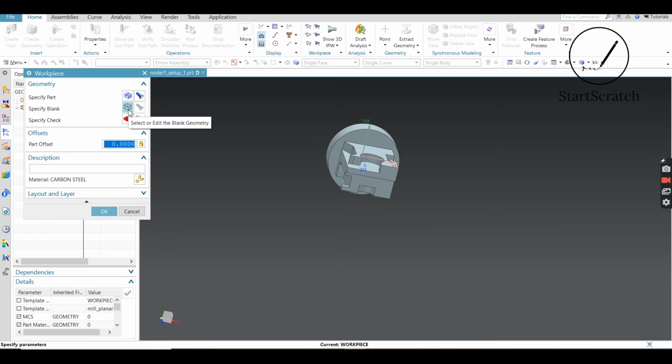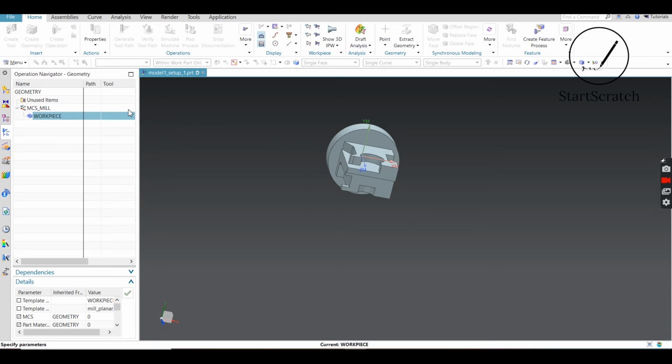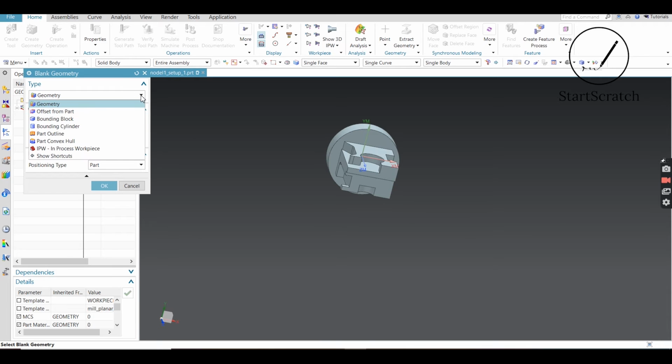Basically the blank would be our job, and we would be doing the machining operations on that blank to provide the reference geometry. We can take the blank as the bounding cylinder.